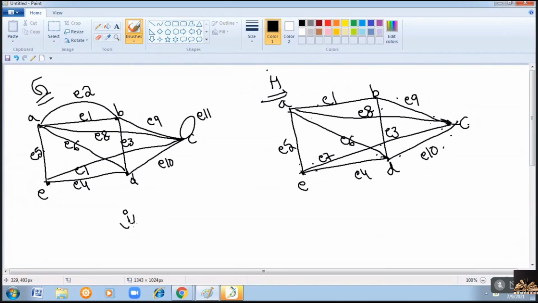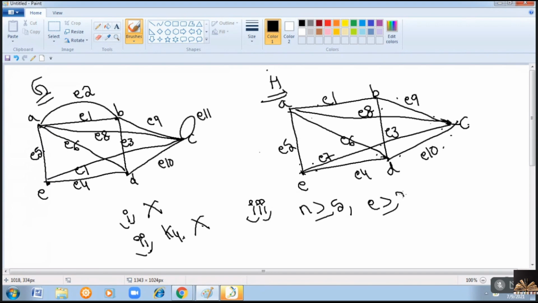Now, what is the first condition? Does the new graph contain a single edge? No. What is the second condition? Is the new graph a complete graph with 4 vertices? No. Now go for the third step. If the number of vertices are greater than or equal to 5 and edges are greater than or equal to 7. Is the number of vertices greater than or equal to 5? Yes. 1, 2, 3, 4, 5. Number of vertices are 5. How many edges we have? 1, 2, 3, 4, 5, 6, 7, 8, 9. Number of edges are 9, which is again greater than or equal to 7. Therefore,